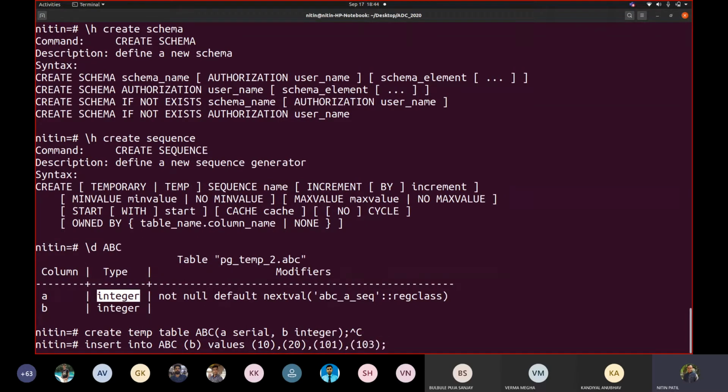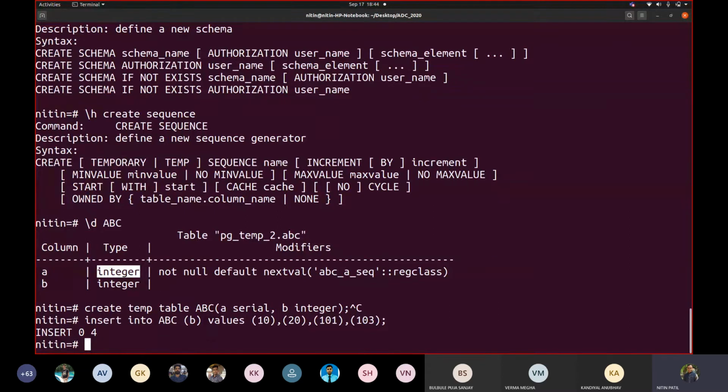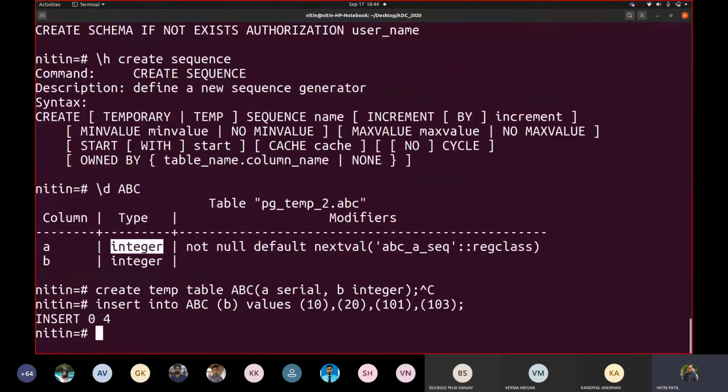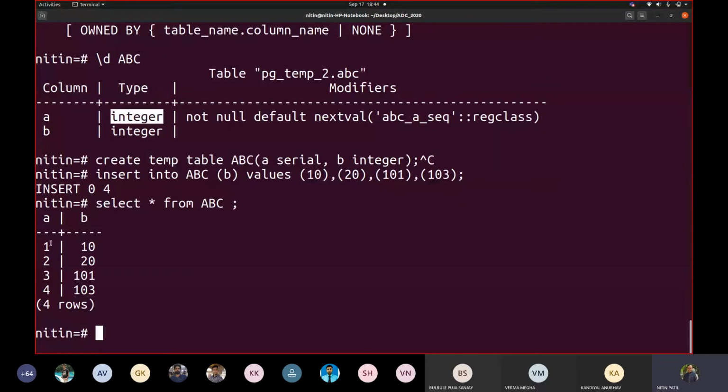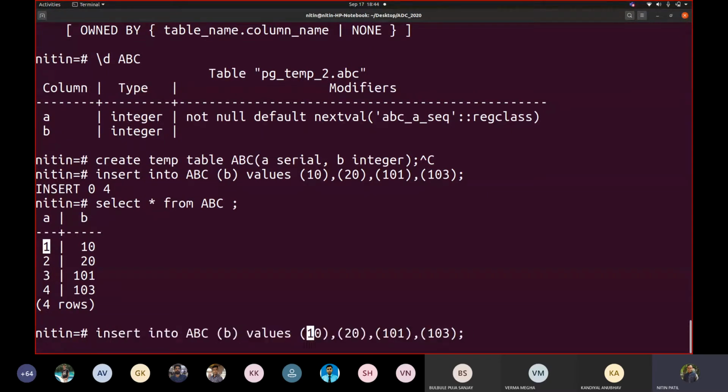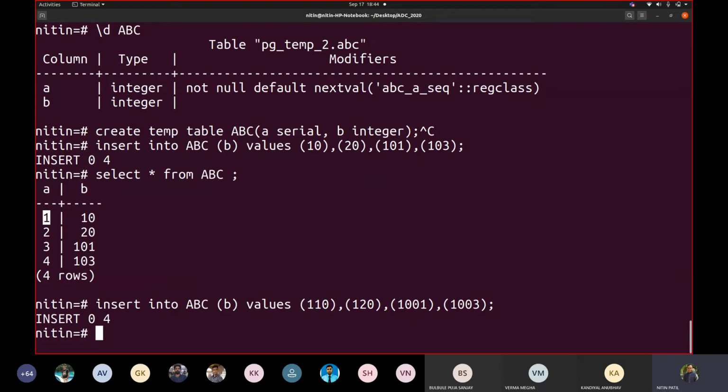Okay, I inserted 4 values. Now if I select star from ABC, you will see that 1, 2, 3, 4 is automatically added there. Similarly, if I insert more values here, 110, 120, 1001 and 1003 for a while.